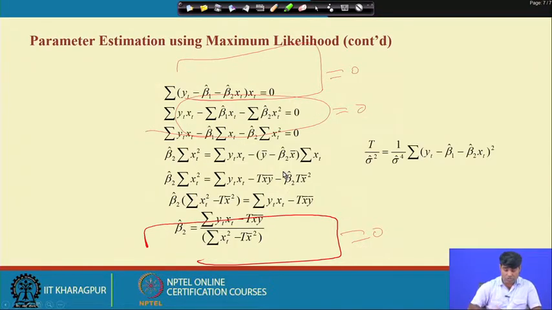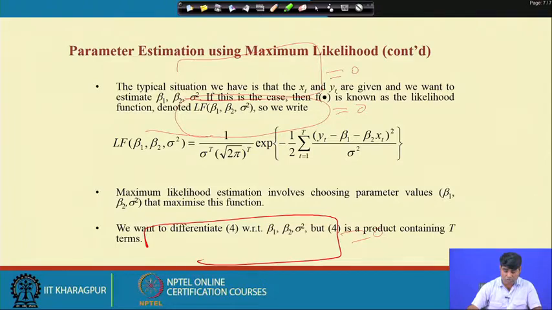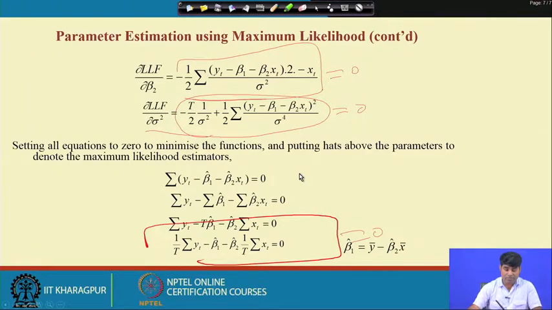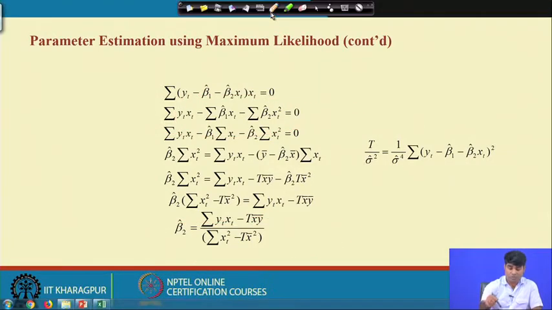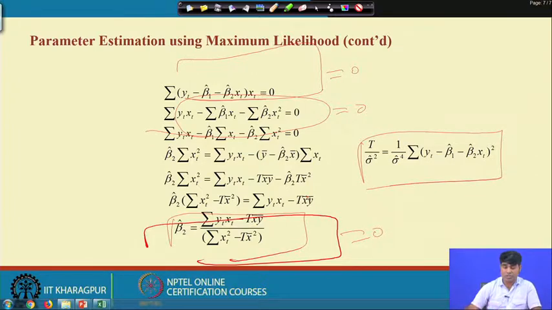So, this is what we have received with respect to the first equation, and then this second equation, and after doing all the simplification, finally we will have beta 1, beta 2 and sigma square. So, you will have beta 2 like this and sigma square like this. Then again after simplification,